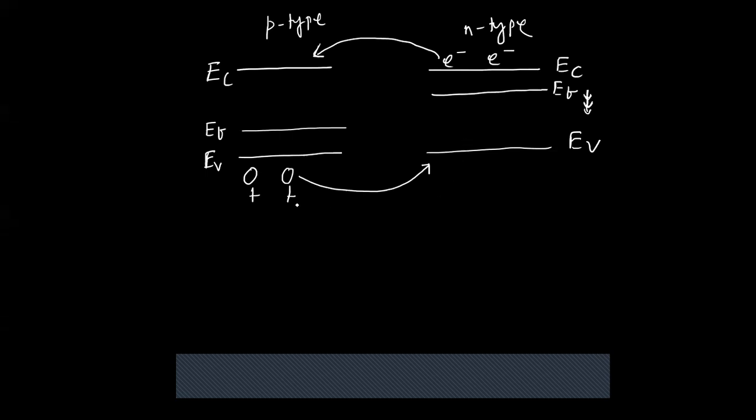The same way here, when the holes start moving, this Fermi energy level will go up and up on this side, and on the other side it will go down and down. Then they will reach a constant value: this went a little up, this came a little down, and they will reach a constant value because of this thermal equilibrium.